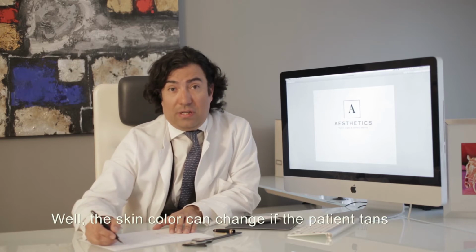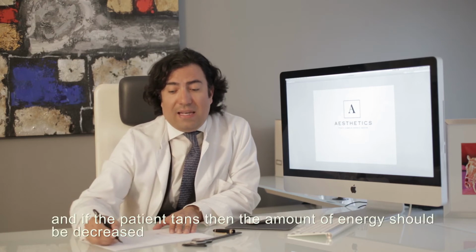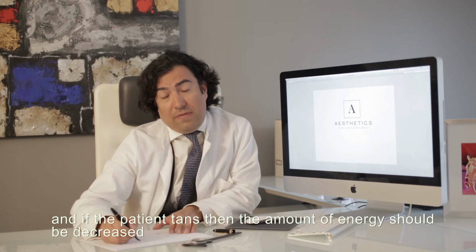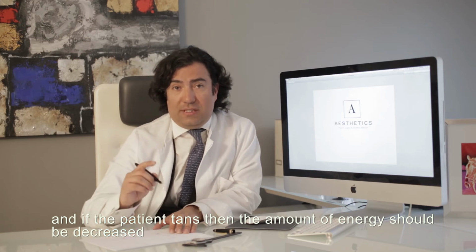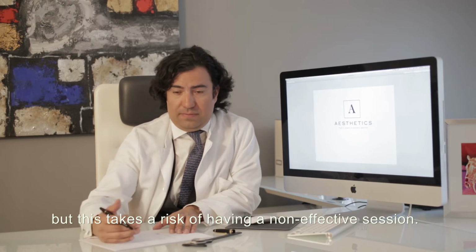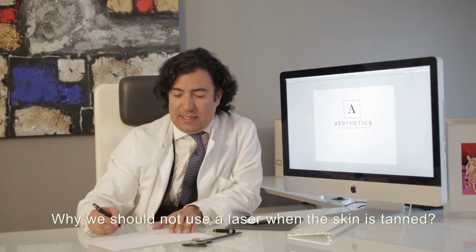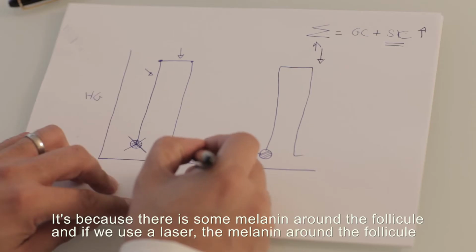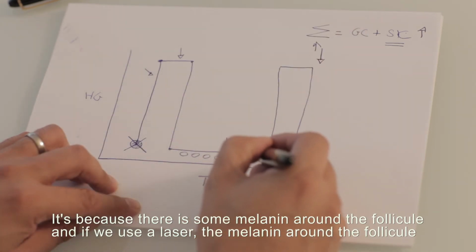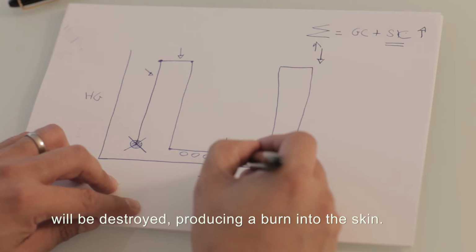And you can ask me, how can the skin color change? Well, the skin color can change if the patient tans. And if the patient tans, then the amount of energy should be decreased, but this takes the risk of having a non-effective session. Why we should not use a laser when the skin is tan is because there is some melanin around the follicle,